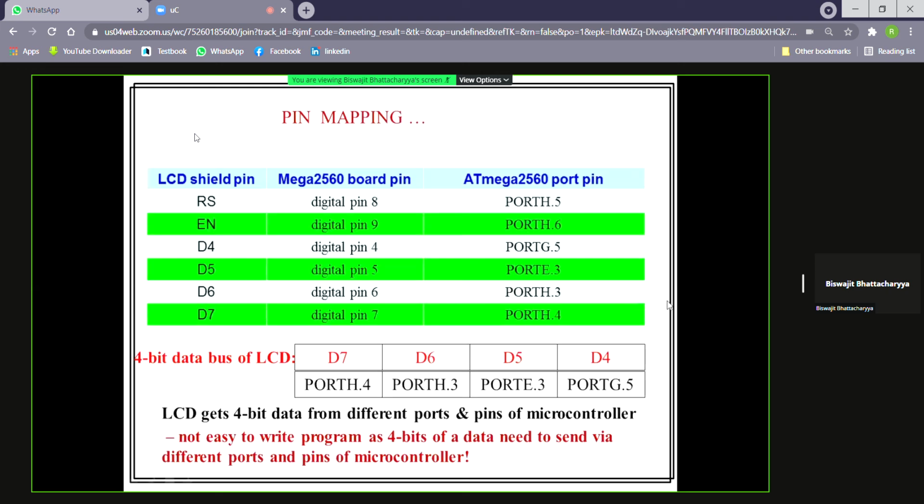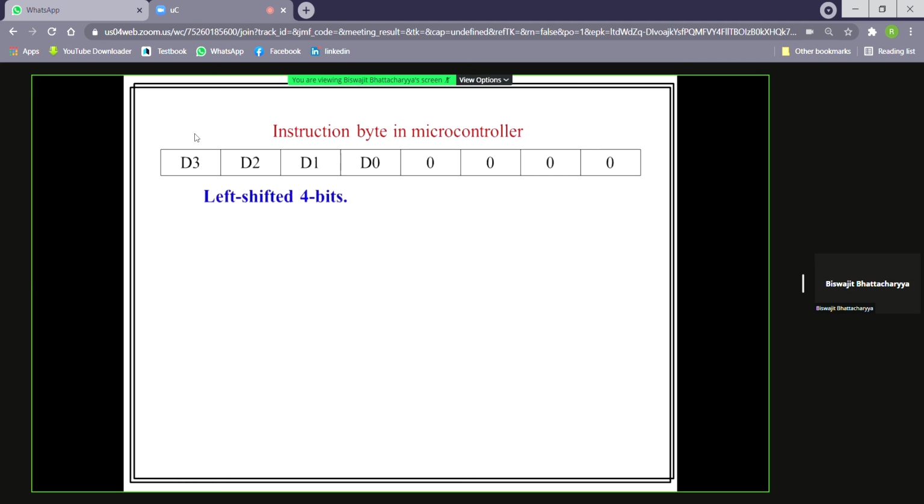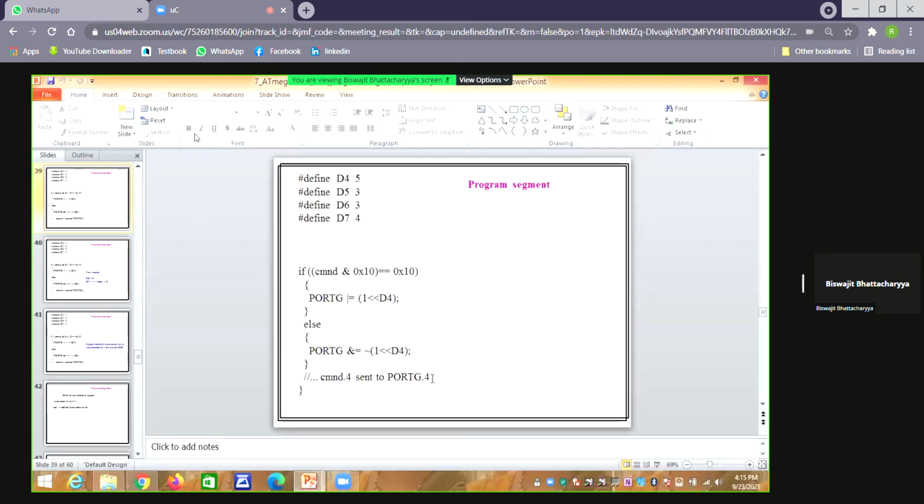D4 is port G.5, pin number 5. So better I just make a change. So that is done.